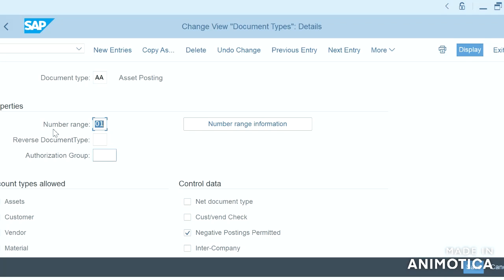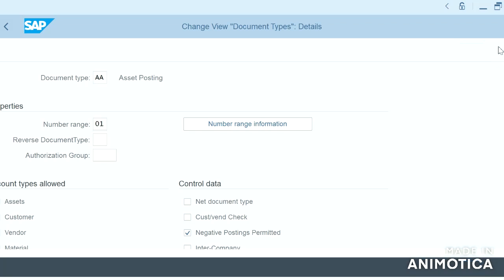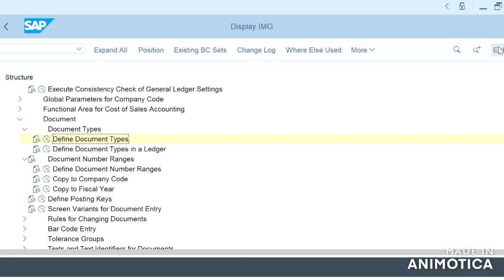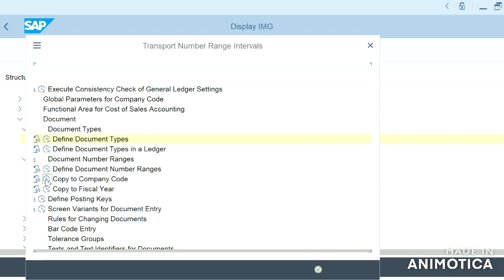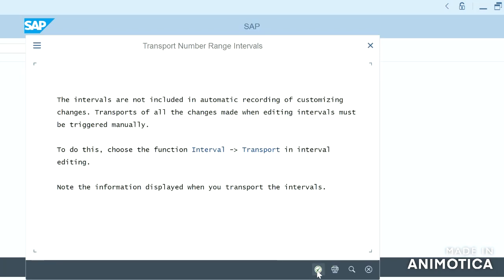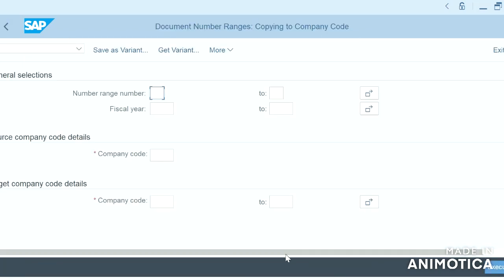If we see the details of the number ranges here, nowhere is the company code assigned to the document type, so it is at client level. Number ranges are defined at company code level. You can even copy a number range from company code to company code. We just give the number range and the year.